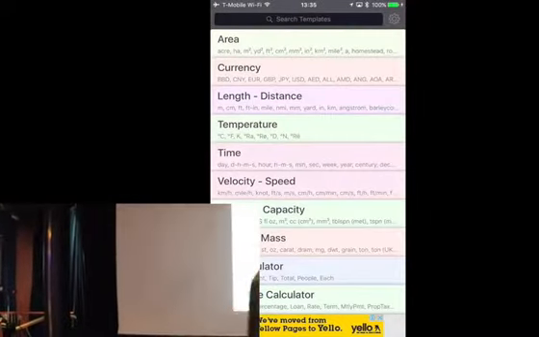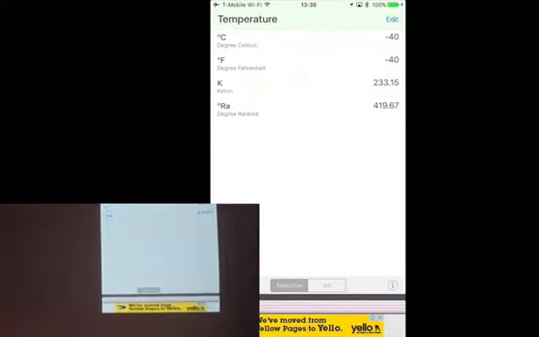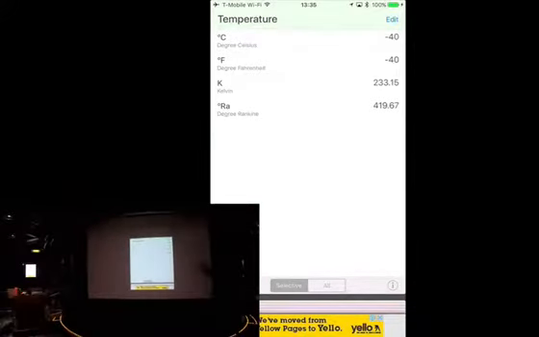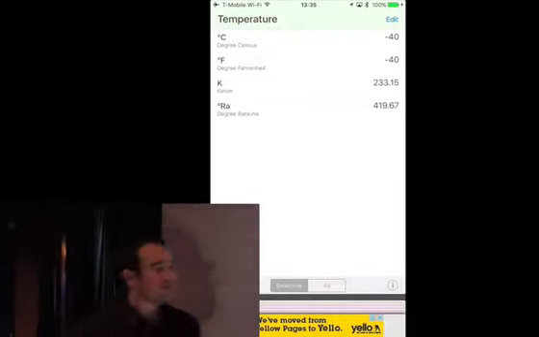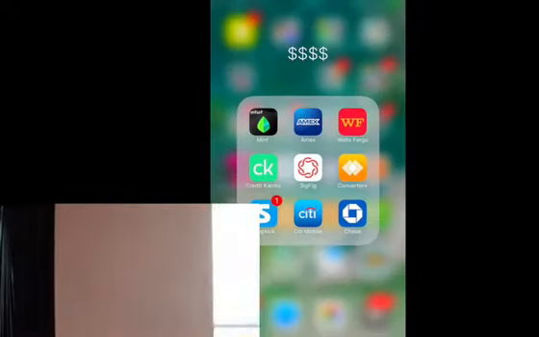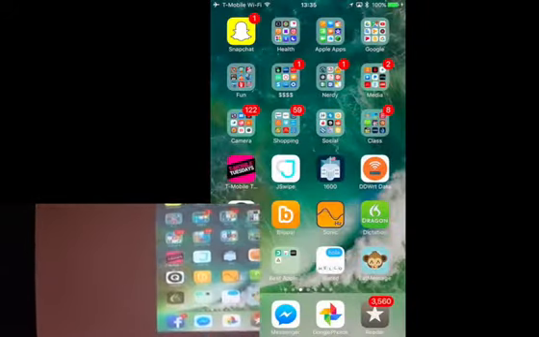But you can go through and you can translate. This is kind of like Google Translate, but for units. I can do temperature. I was in Lapland. I asked what temperature it was. They said it's negative 40 degrees Celsius. I said, thank you for that. I have no clue what that means. Negative 40 degrees Fahrenheit as well, yeah. But I can go in, I can find that all out. That is called Converter Plus.